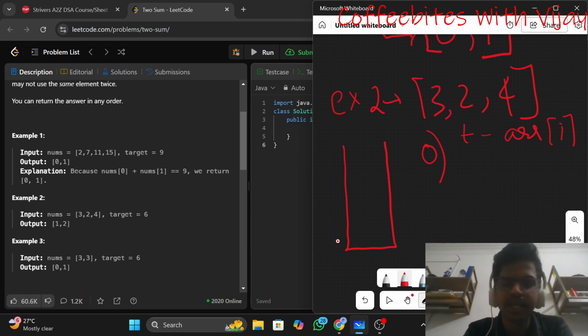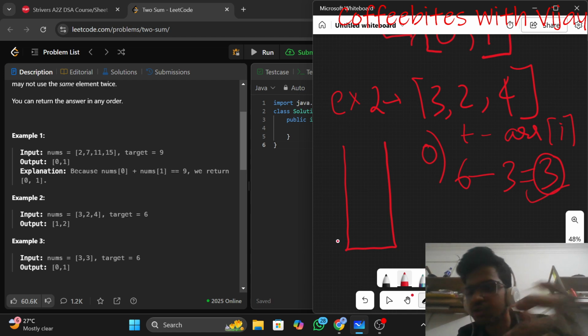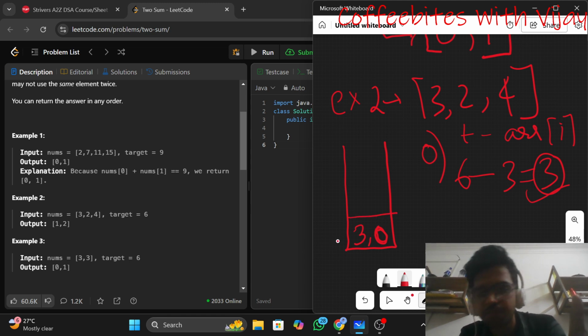In example 2, the target is 6. So 6 minus 3 is 3. Is 3 present in the hash map? No, 3 is not present. So I will add the key 3 and the index of 3, that is 0.